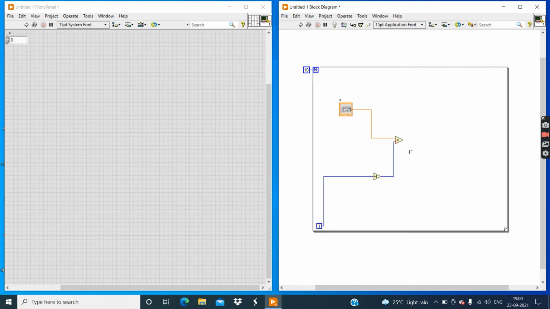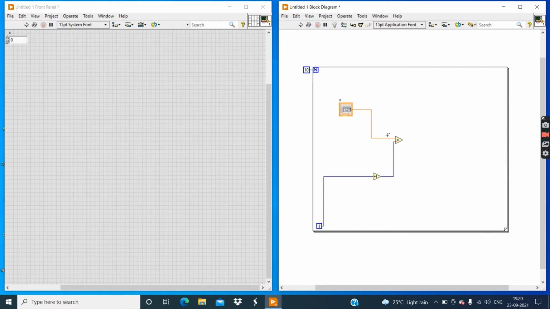Now guys, the question arises here: why have I connected this increment to the loop iteration? Because we know that the loop iteration counts from 0, and 0 multiplied by anything is equal to 0, and I don't want the first iteration to be 0. That's why I have connected this increment, and I have entered loop count equal to 10. That means it will count from 0 to 9, but because of this increment function, the 0 to 9 becomes 1 to 10. Okay, and then we'll get a perfect result.